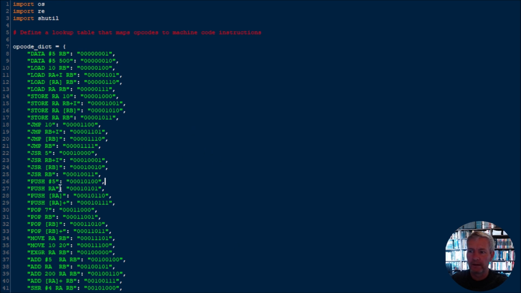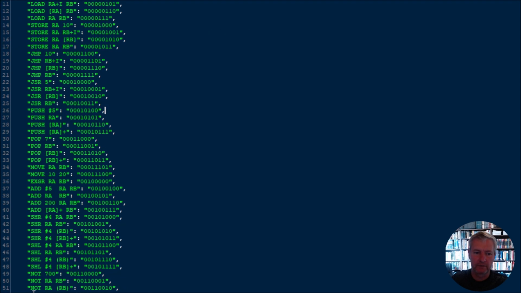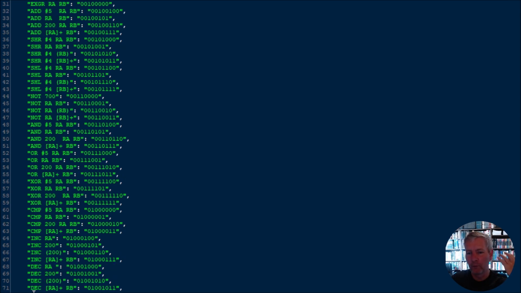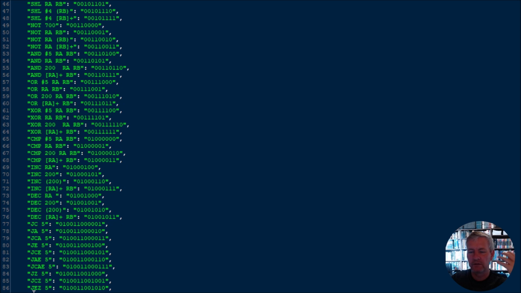So we'll start off at the top here. Now, I've got 3 dictionaries here. The first dictionary contains the opcodes. So these are all of our instructions. You can see here I've got the data instruction, the load, the store, jump, jump to subroutine, push, pop, add, and you can see the rest of them all the way down. And you can see there's on average about 4 for each of them, because each of them has 4 different